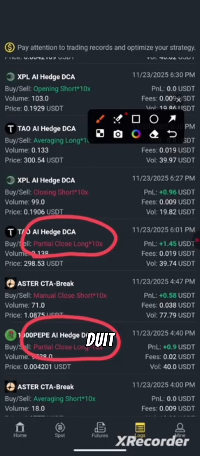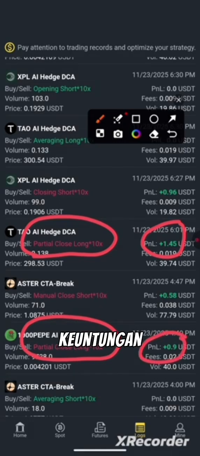So when these coins are partially closed, because it is partially closed, you have actually made a profit. Okay, you've actually made profit, but this profit, okay, will not be visible in your exchange immediately, because